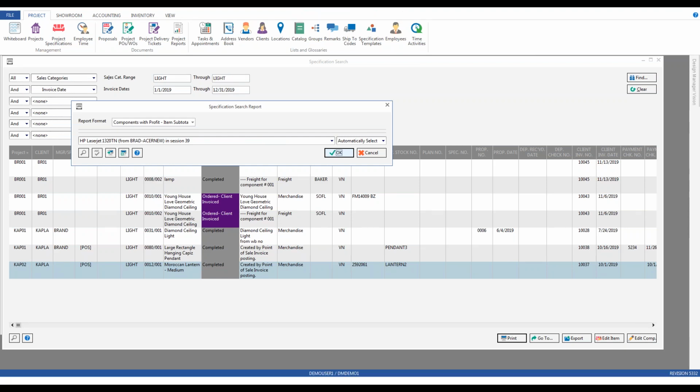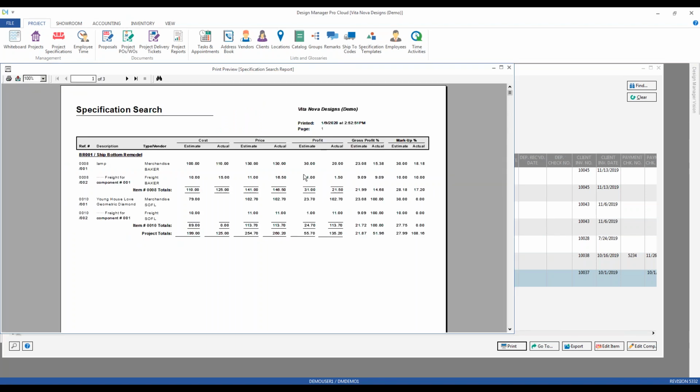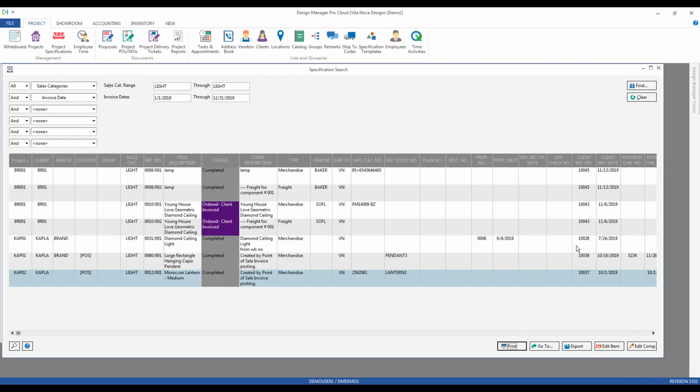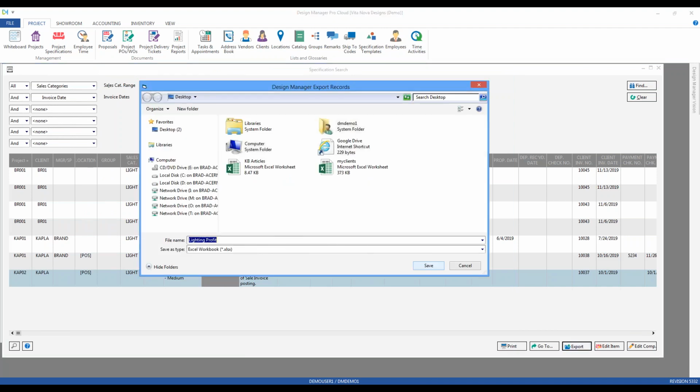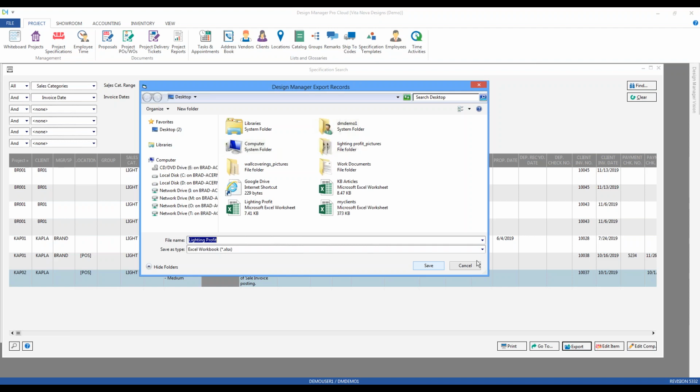Or I can do some further analytics or just have this information handily accessible for me: cost, price, actual, estimate, etc. And then further, if I want to do some real deep dive into the analytics, I could export the listing right into Excel,